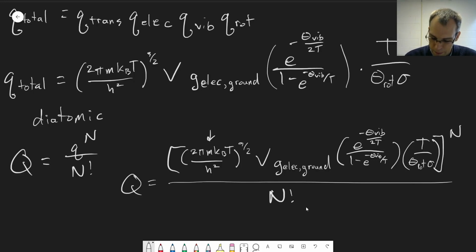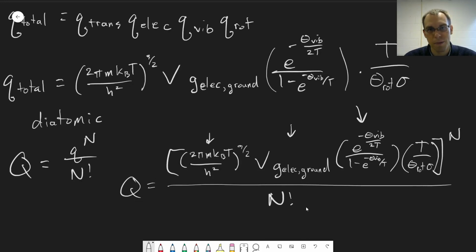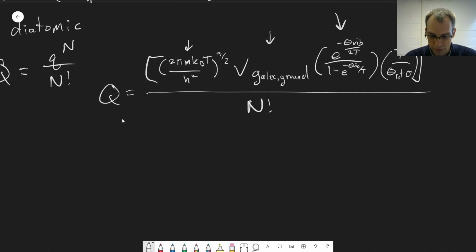For our electronic partition function, we just need to know what the electronic levels are, whether there are any low-lying ones, and what the degeneracy is. For the vibrational partition function, it depends on the vibrational frequency that shows up in the vibrational temperature that's here. And the same for the rotational partition function. It depends on the value of the rotational constant, which is dependent on the bond length and the mass of the molecule. So from those parameters that relate to individual molecules, we can build up this entire partition function for the whole system. And then from this, we can find what is our